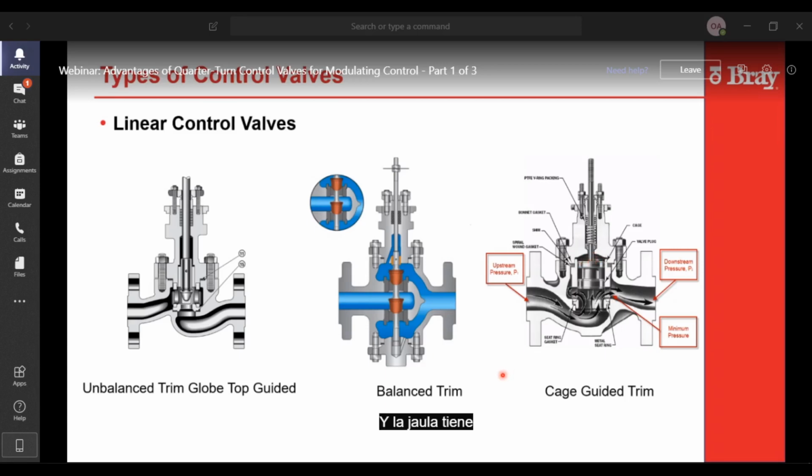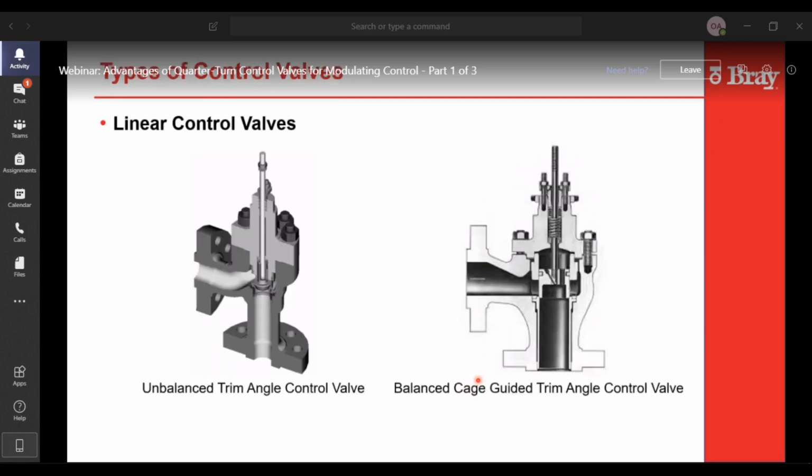And the cage has ports in the sides, so you can see there the flow goes up and then through holes in the cage. So this minimized the amount of force, and they could still maintain large size valves with high thrust requirements with a balanced trim.